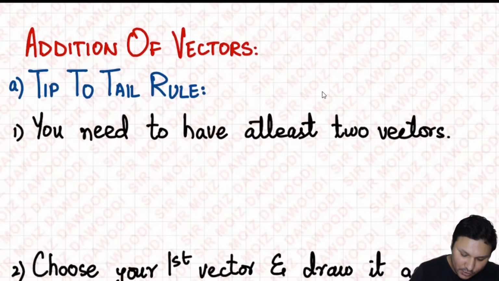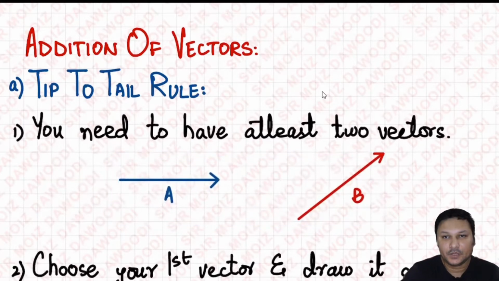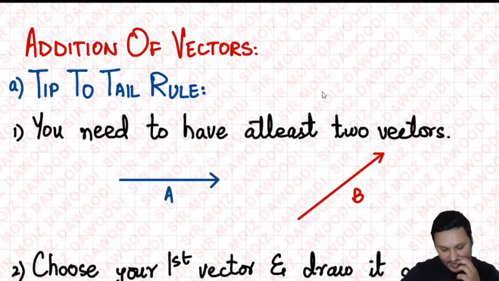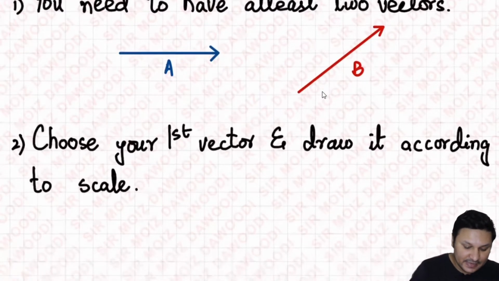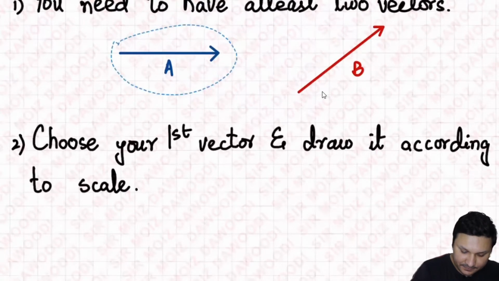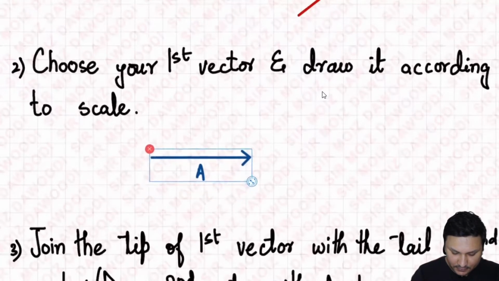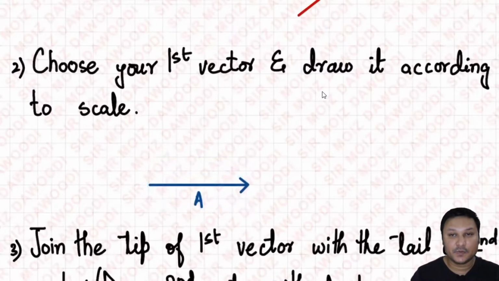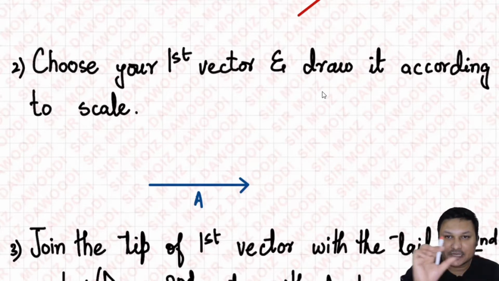In my case, let's assume these two vectors are namely vector A and vector B. Now, what do I have to do? I have to select one or first vector among these two vectors, namely vector A and vector B. So let me select vector A as my first vector. Let me copy it and I have pasted vector A as first vector. Of course, when we will be solving past paper question of tip to tail rule, I'll draw vector according to the scale and direction as I have discussed in the previous video.